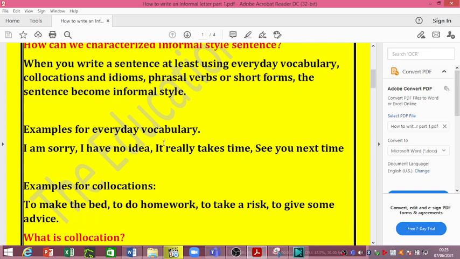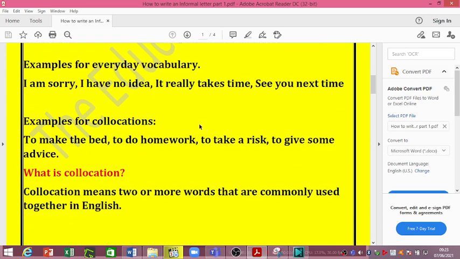Yes. Now let's take what are everyday vocabulary. If you use simple words like this: I am sorry, I have no idea, it really takes time, see you next time. Those kinds of words are called everyday vocabulary. Yes, then we see